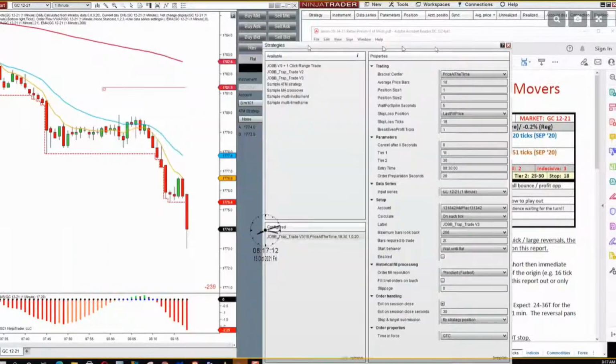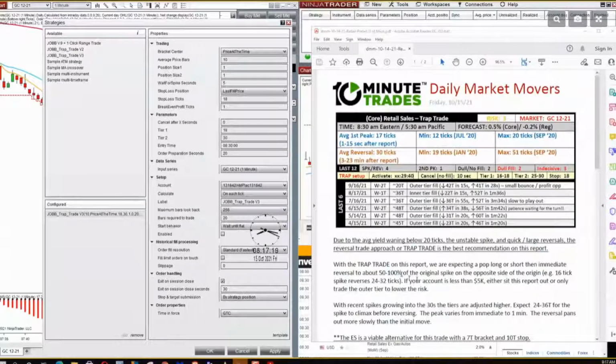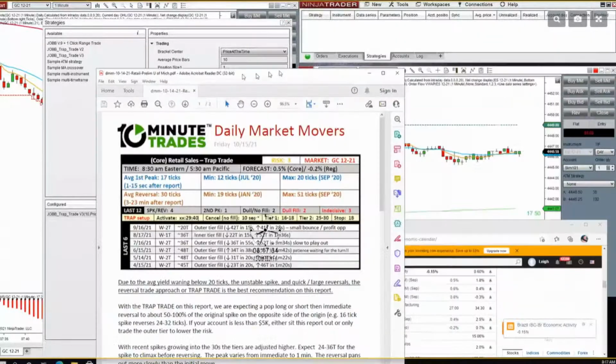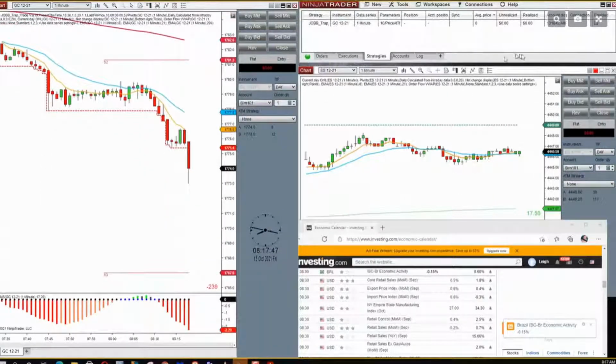Also, gold is pretty darn volatile today. So if you read, now I don't like the ES setup on this trade. I have tested it and I don't like it as a breakout. So I'll set it up. Even if it works today, it's not my favorite trade. Okay. So let me apply this and I'll check it again. We'll go over it again. And I am going to trade it.